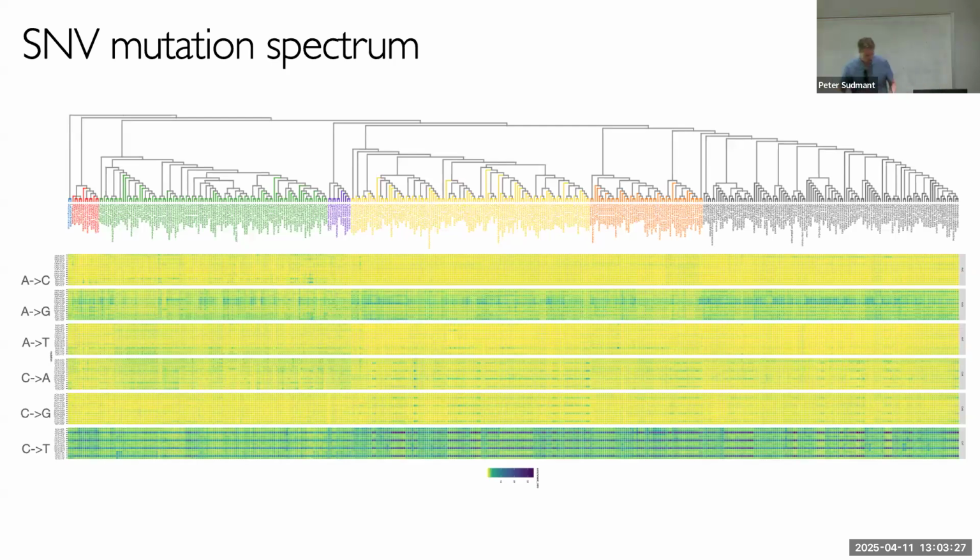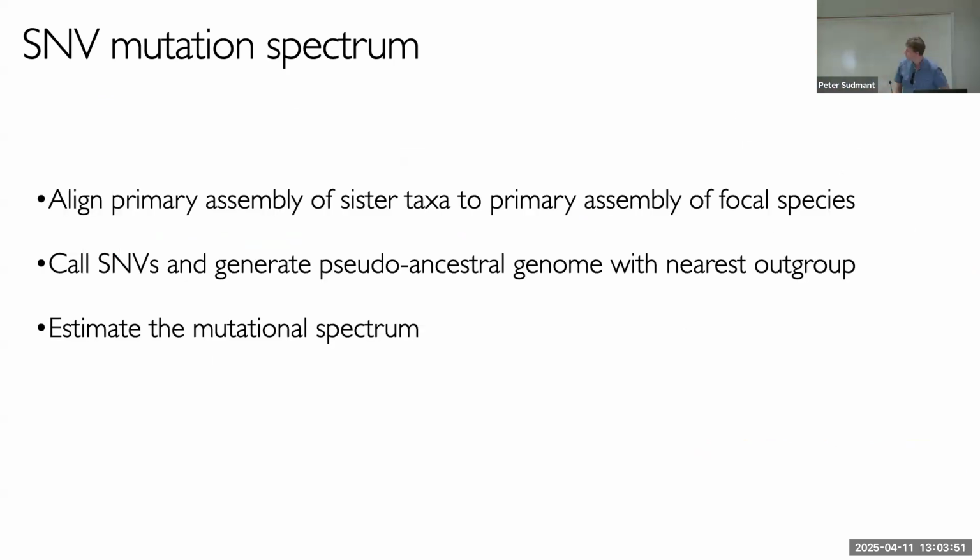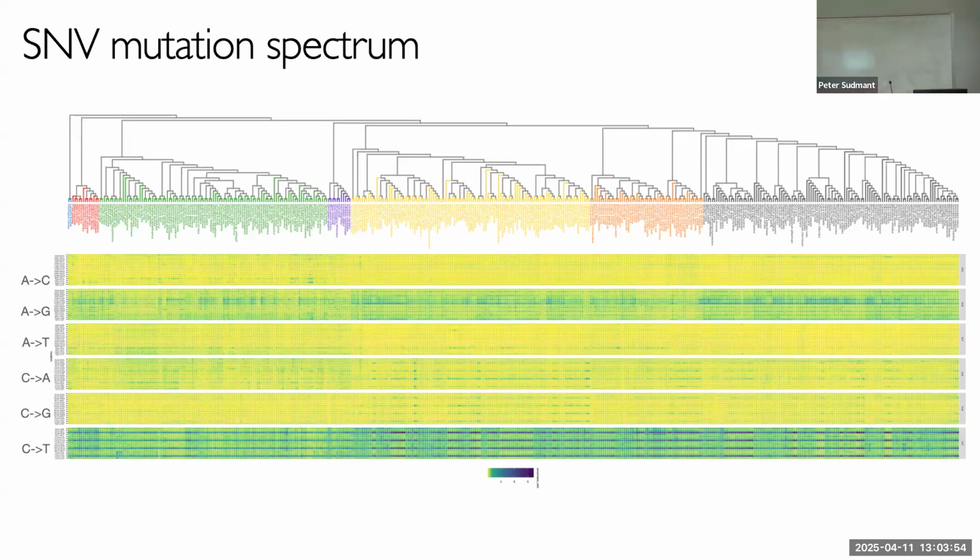All right, so what is this showing here? This figure here is showing the same thing as here, but it's showing it for everyone. So what is this? This is the proportion of A to C's in all contexts. So this is TAA to TCA would be the things that are happening here. So these are all trinucleotide contexts of all different mutations. And so here we have this as well. Here's all C to T mutations in all trinucleotide contexts, all C to G, C to A, A to blah, blah, blah. And if you squint, you can start to see there's patterns here, right? There's different stuff happening. Of course, you really have to squint.